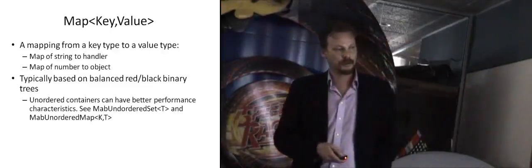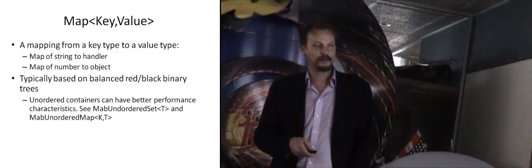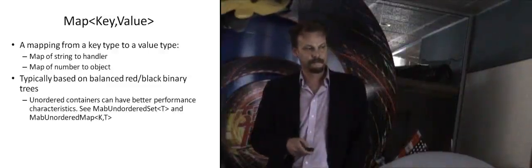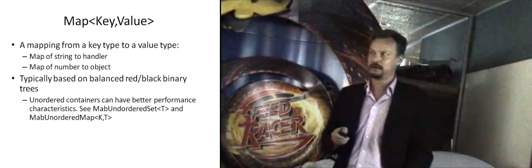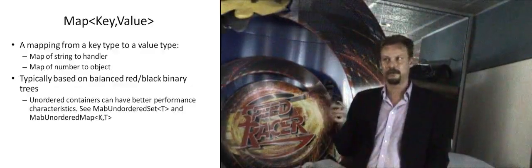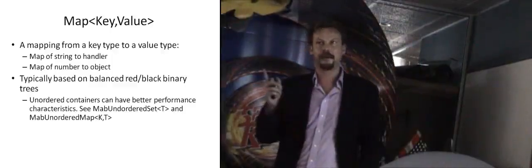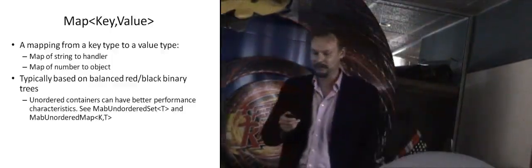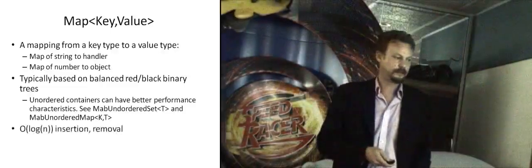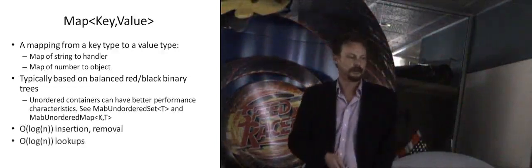So we will introduce this structure, unordered map, which is a set of things that you can use for constant time insertion, constant time lookup. That's not logarithmic time insertion or logarithmic time lookup, it's constant time insertion, constant time lookup. I'll paraphrase that: amortized constant time. Same for unordered set. And maps have logarithmic time insertion and removal and log n lookups. There's a summary of this coming shortly.